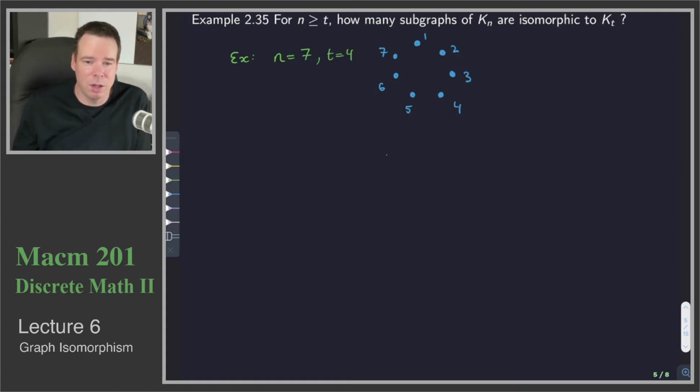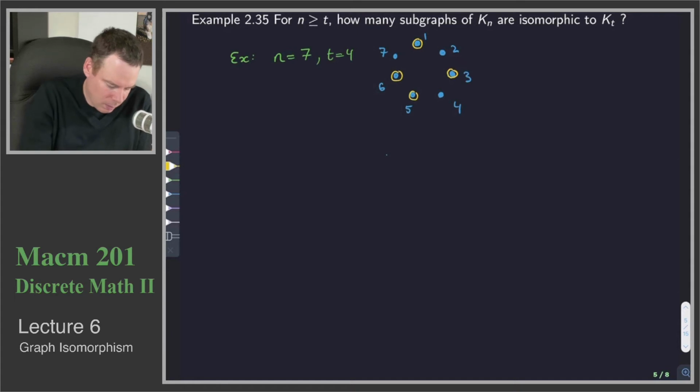I'm just going to leave those off because what we're interested in is trying to find how many copies of Kt are inside Kn. So what would be one example of a copy of K4 inside K7? Well, what I'd have to do is just pick 4 vertices. So let's just pick 4 vertices. Maybe I'll pick these 4 here. And then I'd use just the edges that connect these 4 vertices. So there we go. There's a copy